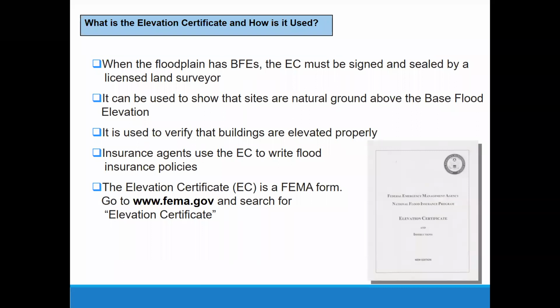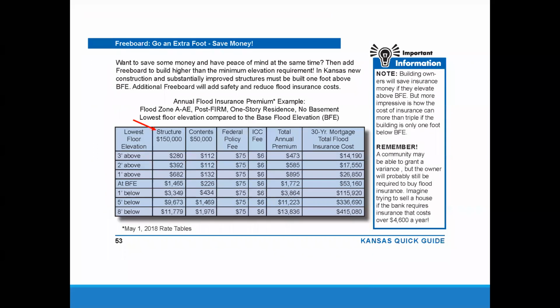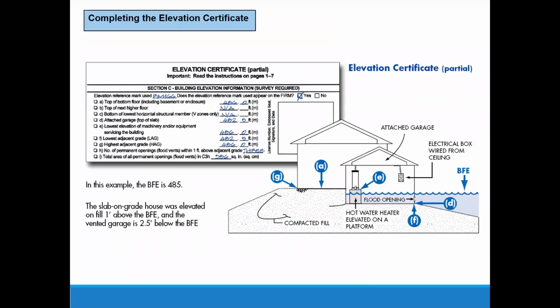So an elevation certificate is a document used to verify elevation. It's a supporting document for a LOMA, but it's not a LOMA. It can prove you qualify for one, but it doesn't take your house out of the floodplain until you do the LOMA paperwork. It is used to verify compliance with things like your requirement to elevate 1 foot above. You'll see that on the elevation certificate. So it's a compliance document and a LOMA document. It's also used to sell insurance because you don't know what elevation on this rate chart you're at until you look at the elevation certificate to see how high it's elevated.